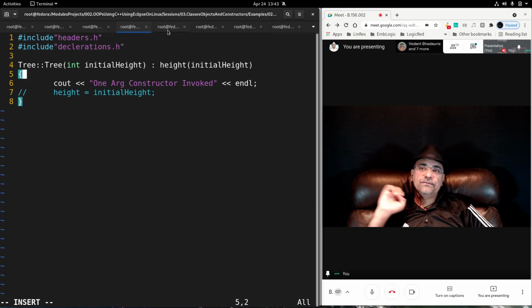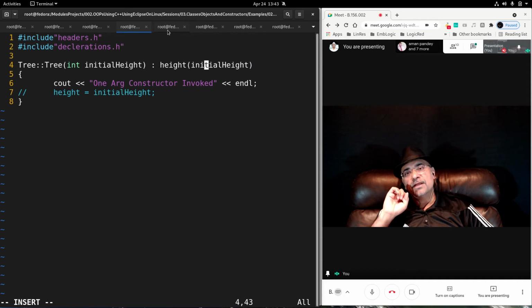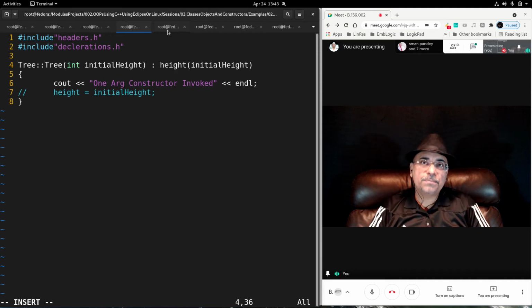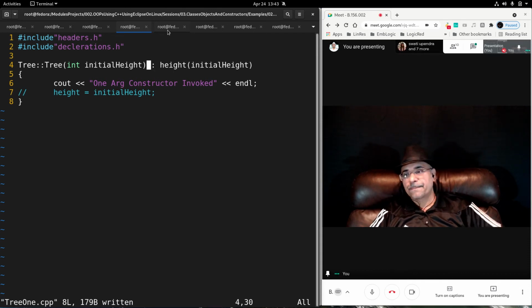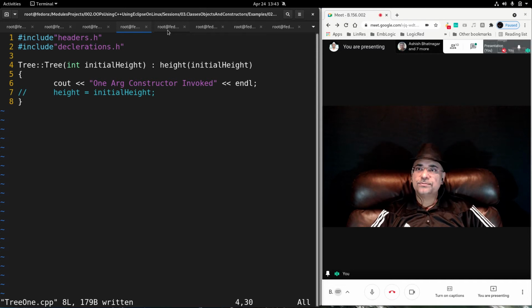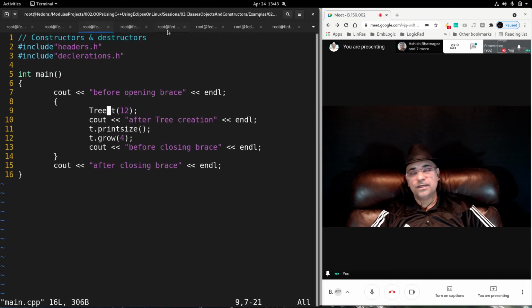There is another way of doing it, that is height, the private member, in brackets formal arguments. So the value of formal arguments will be assigned to the private member. This is called initializer list, where the members of the object are initialized one by one. Then the one argument constructor is invoked, initialized.